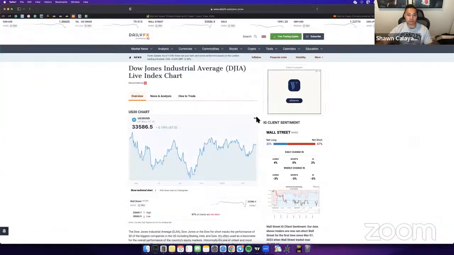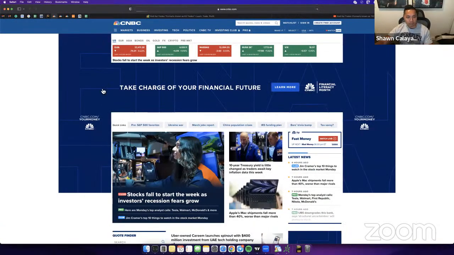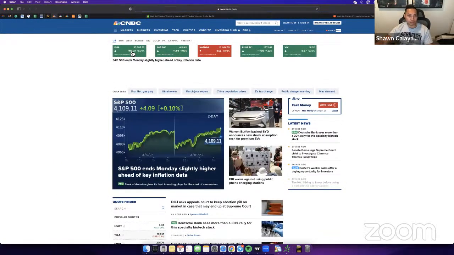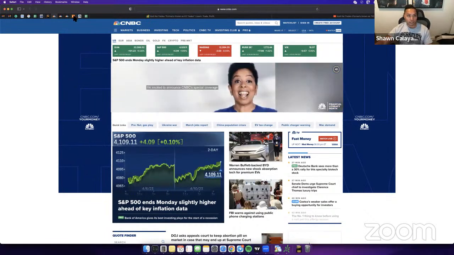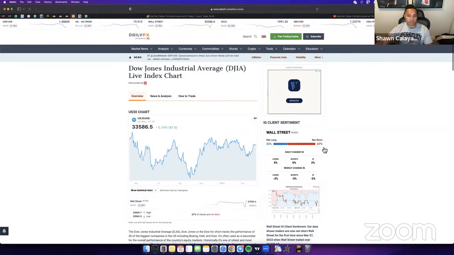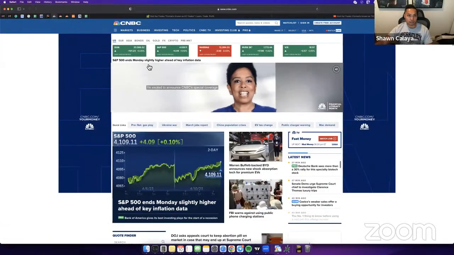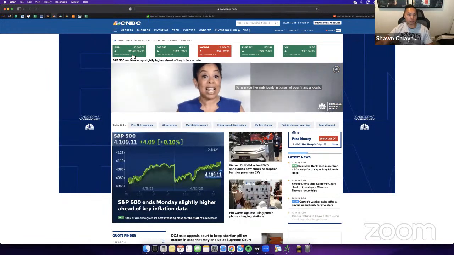Looking at retail sentiment, this morning it was at about 63% short. This indicates that 63% of retail traders are selling, so we want to do the opposite and buy. The fundamentals today weren't very strong, but they weren't very heavy either. They were more on the neutral side. Here you can see the market closed at 101 points. First, you look at retail sentiment. You want to trade opposite of retail traders. Everybody here is selling, so you want to do the opposite and buy. Then you look at the fundamentals, and you want to make sure they're above 100 points. If it's above 100 points, this indicates fundamentals are strong for a buy.